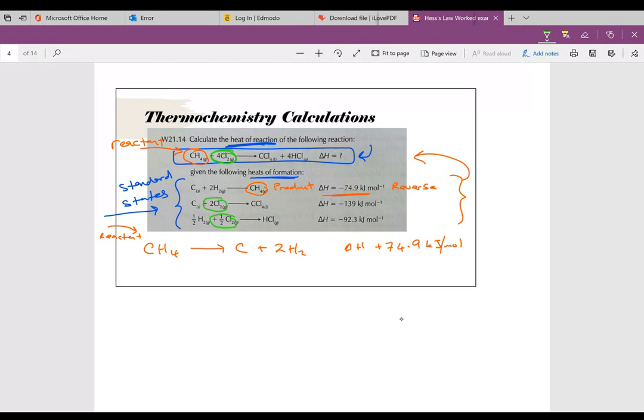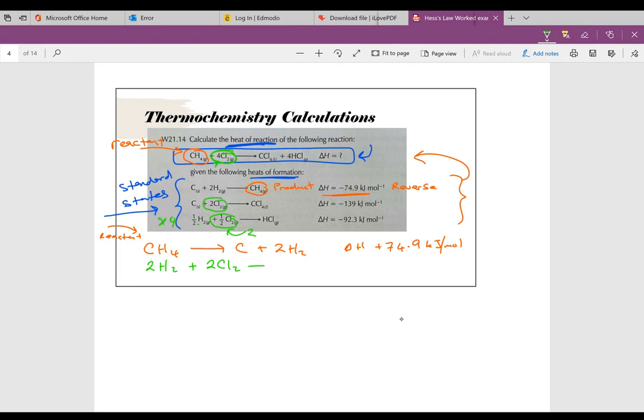So I need 2 and I need this to be another 2 in order to get a total of 4. So I'm going to multiply this third equation by 4, because 4 times a half will give me 2. So 4 times a half gives me 2H2, plus 4 times a half gives me 2Cl2,